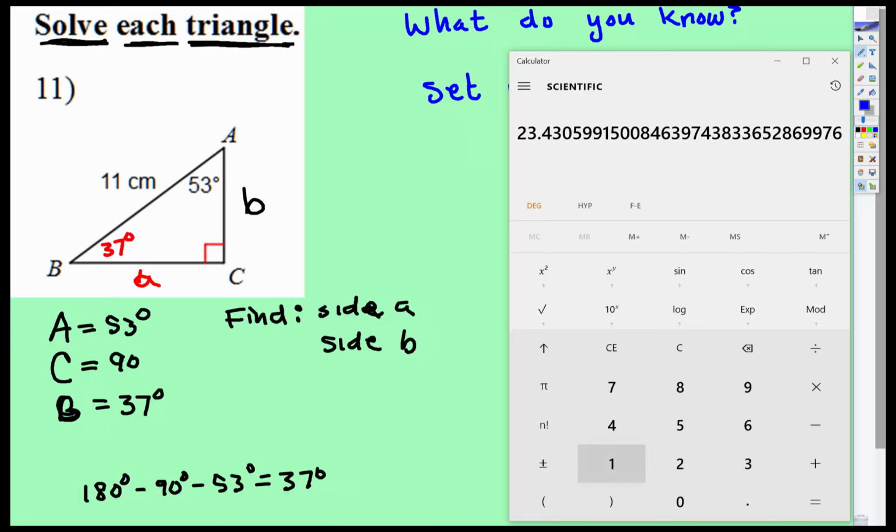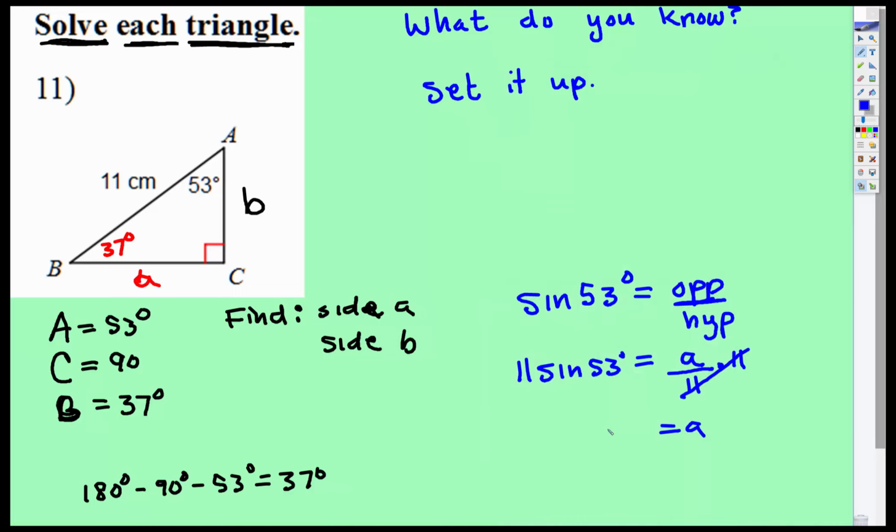So we have 11 sine, whoops, I have to clear that out. I forgot, with these calculators, you have to do it a little bit backwards. 11 times sine 53. So 8.78, and I'm going to round to the nearest tenth, so 8.8. So let's see if this works. Let's see if we can do the math and see if all of this will work. So if this side is about 8.8,